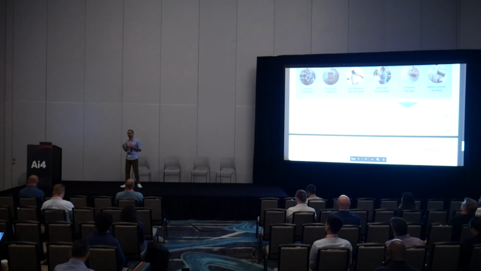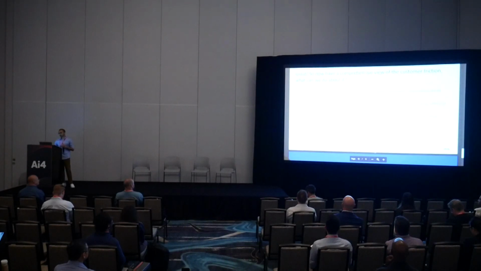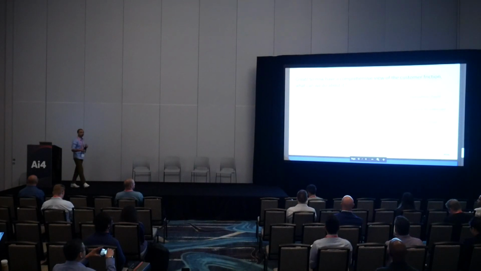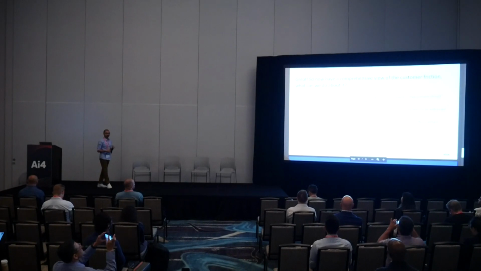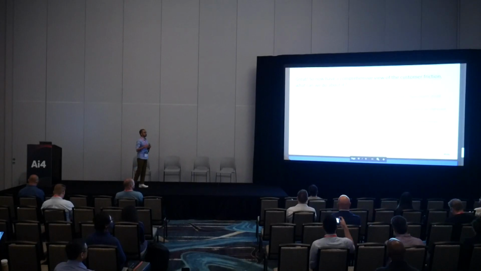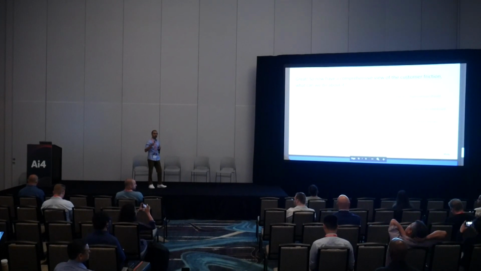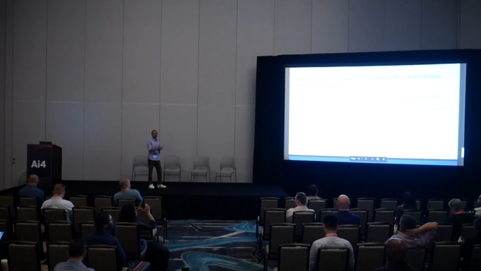The scale of the problem changes, the overall impact of it changes, and that helps us create a strong case for, we have all this now. What can we do about it? Yes, 8 of your transactions now have friction. What do we do? There are 3 things that we're trying to do. First, just rally the organizations to fix it. We can make a strong case for it, we can prioritize, we can line up our policies, we now know how much investment we need to make because we know what returns we are going to get out of it.